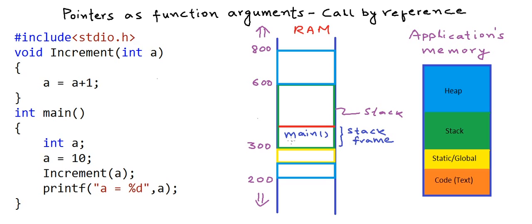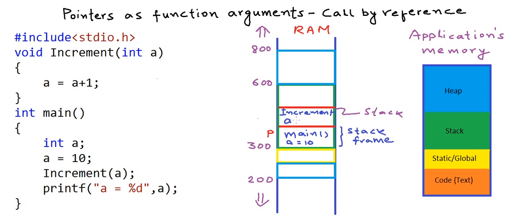Now we have a variable a. Memory is allocated for a from this stack frame and the value of a is 10. Now the main method calls the increment function. What happens when the main method calls increment is that the machine says, hey, I will stop your execution for some time. I will stop at this particular instruction. Let me go ahead and finish this method increment, and then I'll come back to the main method once I'm done with increment. Now another stack frame is allocated for the increment method, and the parameters in the increment method,